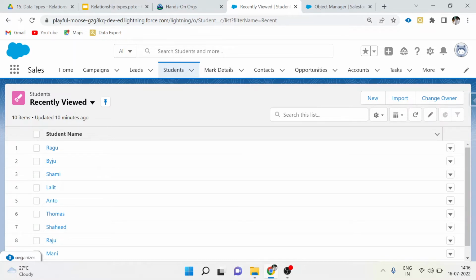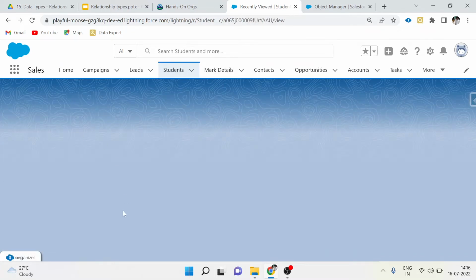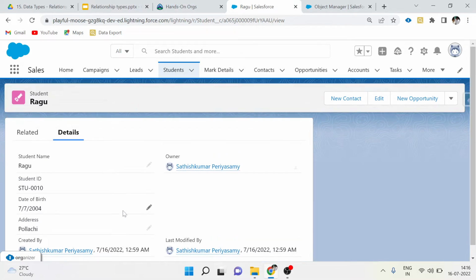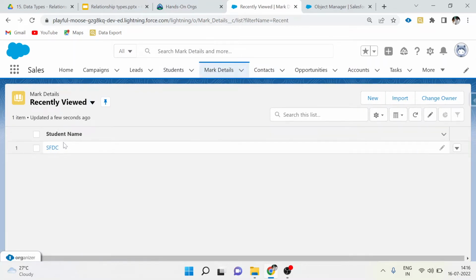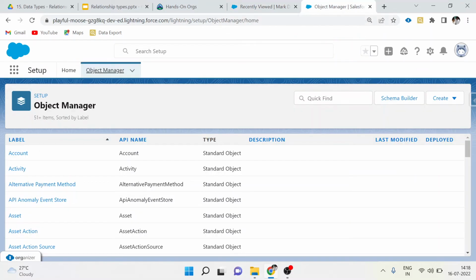For explaining this relationship, I created a student object with 10 records and it contains basic student information like student name, student ID and the address. Now go to mark details. This is another object where I am going to reference this as a child for a student because a student can have multiple marks. Now I am going to create a master detail relationship in mark details for the student object. We always have to create master detail in the child object, or all relations have to be created inside a child object only. Now go to object manager and choose mark details object,